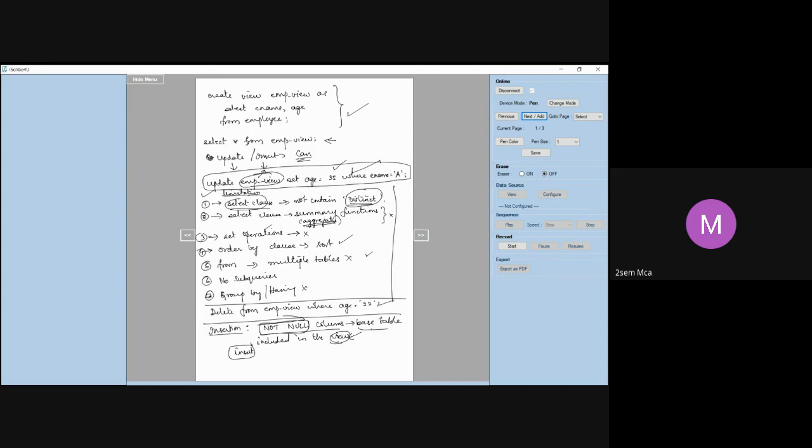But when you are formulating a query using a view, you cannot make use of multiple tables. You can't have any kind of subqueries, nested queries, inner query, outer query. These are not possible in case of views. You cannot make use of group by and having clause. All this when you are trying to query on a view. Not otherwise.